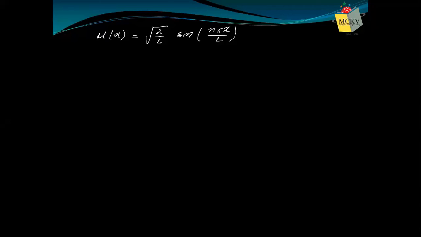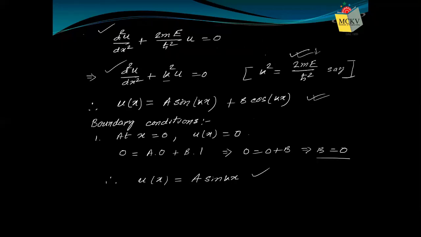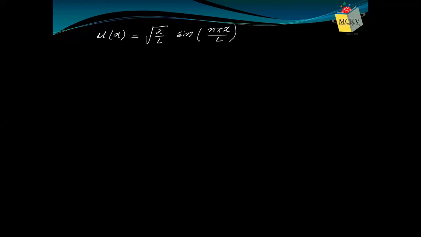So if we know the wave function, what is the other thing required? The other required quantity was energy. Let's go back to the expression of k. What we have said: k square equals twice m E by h cut square. Okay, so let's come back. So our k square equals twice m E by h cut square. That means E equals h cut square k square by 2m.